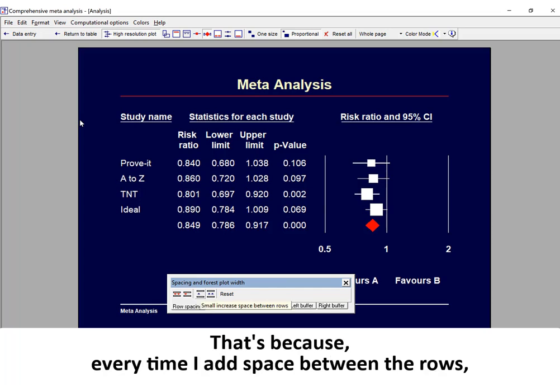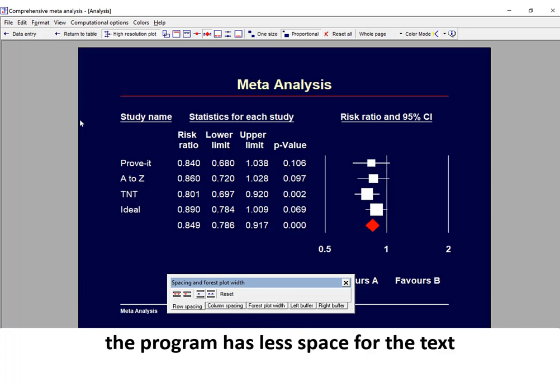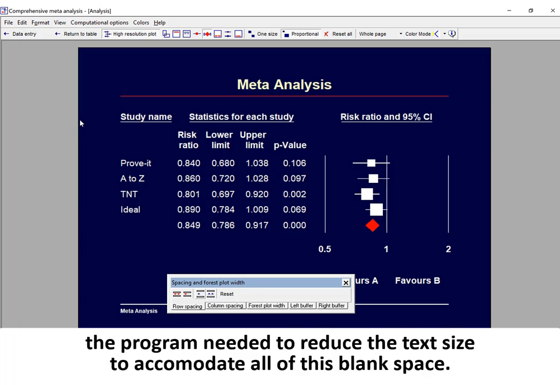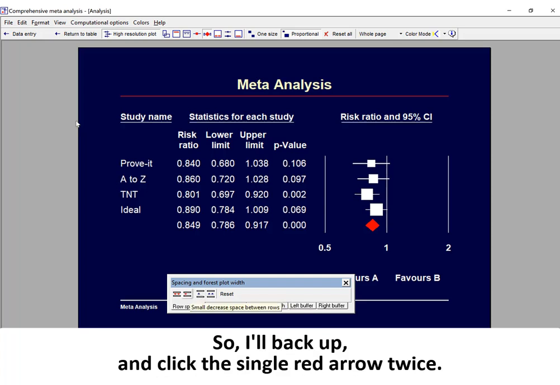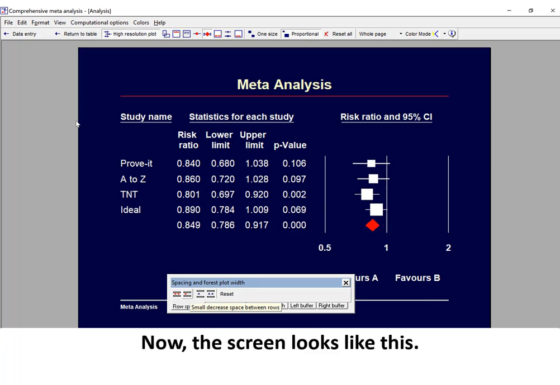That's because every time I add space between the rows, the program has less space for the text. And when I added space for the 9th time, the program needed to reduce the text size to accommodate all of this blank space. So I'll back up and click the single red arrow twice. Now the screen looks like this.